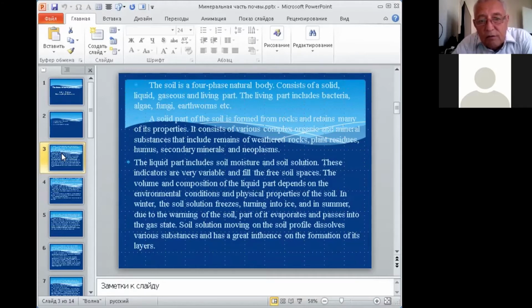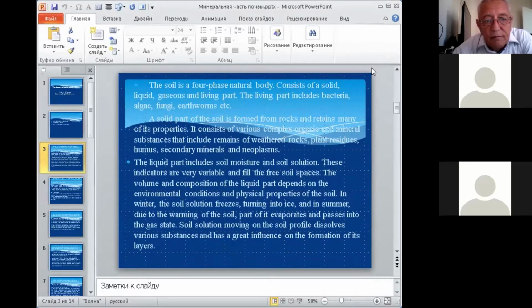It consists of various complex origin and mineral substances that include remains of weathered rocks, plant residues, humus, secondary minerals,